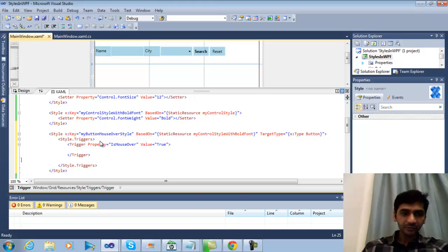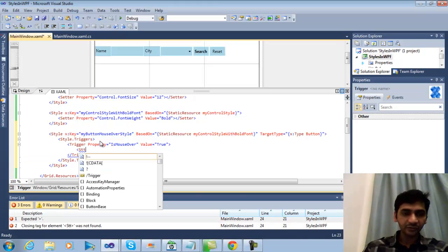Okay, so within Style.Triggers we can have more than one trigger, and for each trigger we will say please check this property. If this property IsMouseOver is evaluated to true, apply this trigger, and when you apply this trigger, then we can